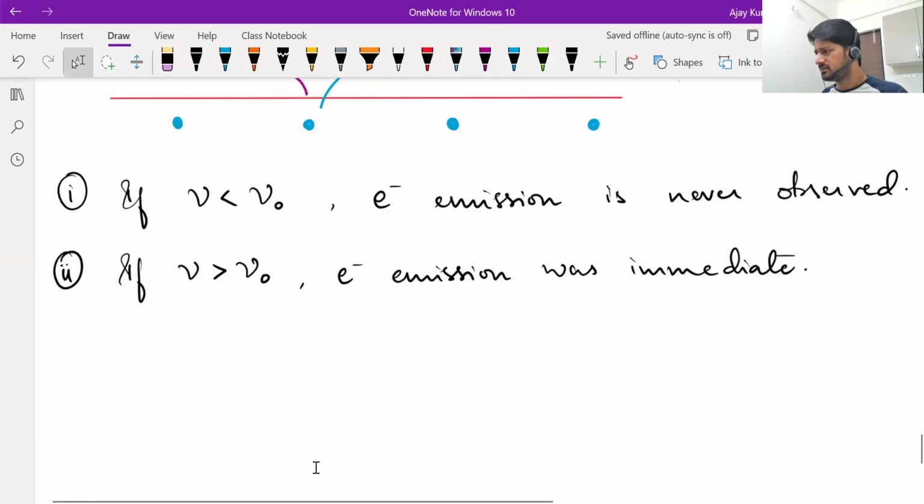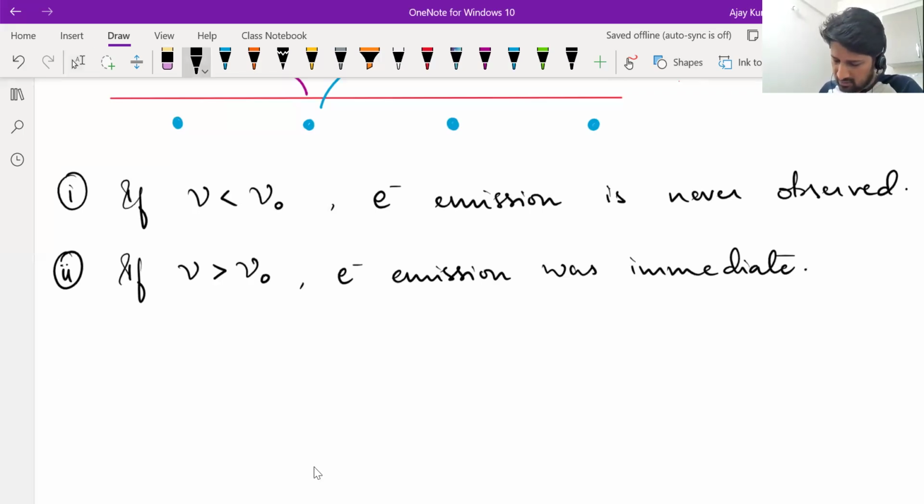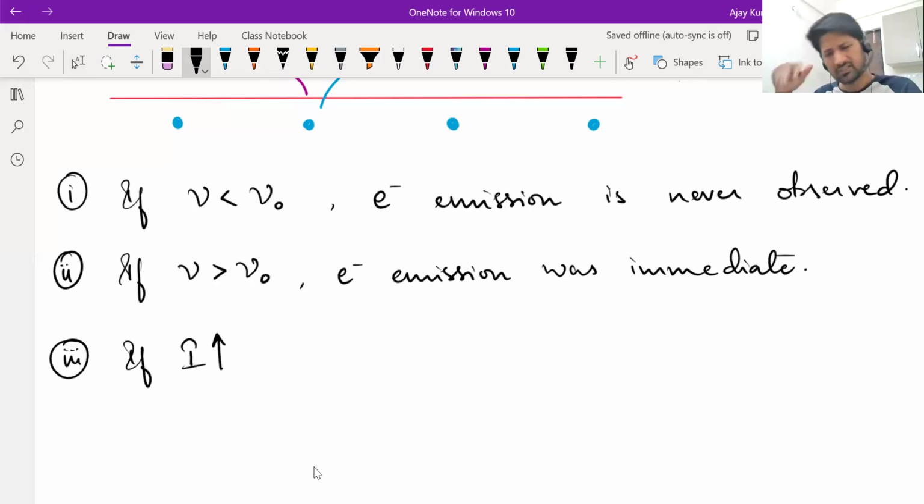They also observed, Hallwachs and Lenard in their experiments, that stopping potential was independent of intensity. Stopping potential is the potential required to prevent the most energetic electron from reaching the collector. Now, generally what should happen if the intensity of radiation increases? Suppose frequency is more than threshold frequency and you increase the intensity of radiation. In terms of waves, higher intensity means higher amplitude of the wave, meaning more energy per unit length in the wave.